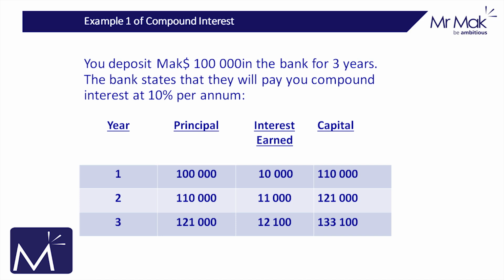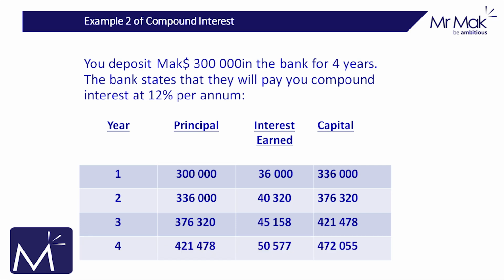Let's do a second example. You deposit $300,000 in the bank for 4 years. The bank states that they will pay you compound interest at 12% per annum. In the first year, the interest earned is $36,000, resulting in the capital of $336,000 at the end of the first year. This is the opening balance of the second year,